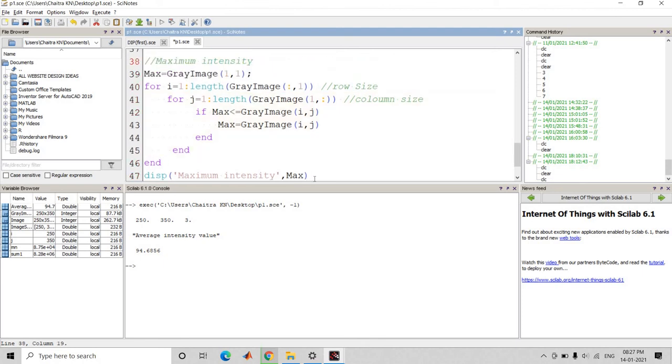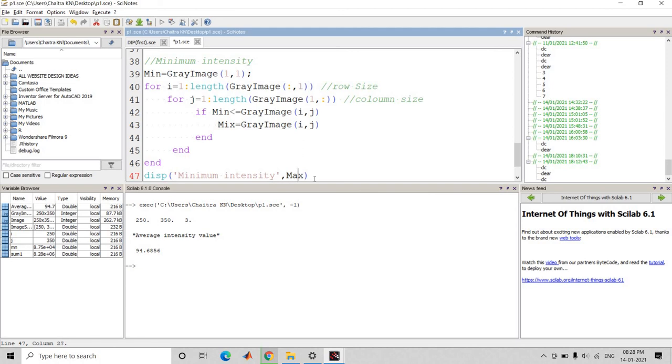Just change it as minimum here and make max as min, and here also make max as min, here also min, here also min.